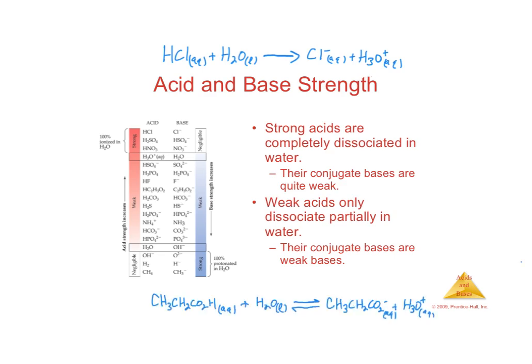In the case of a weak acid, like acetic acid, it's still going to dissociate in water to form its conjugate base and hydronium. But notice, weak, not completely dissociating, meaning we have equilibrium arrows here, meaning that at all times, once we reach equilibrium, all of the species exist. So acetic acid doesn't completely dissociate. Some of it donates its proton to water to form hydronium. Remember, what we really want to measure is the concentration of hydronium, H3O+, in solution to identify the